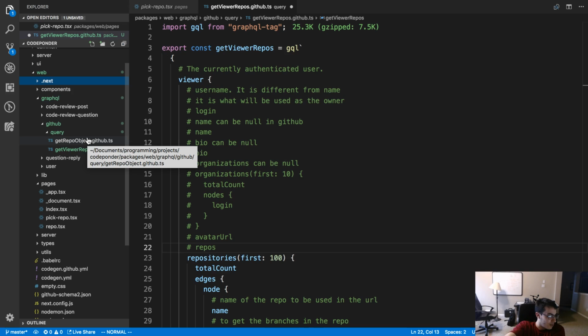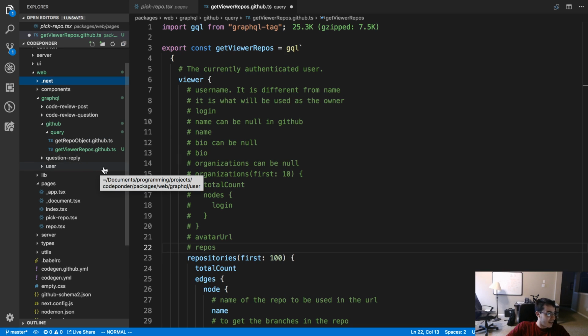I'll help you set up a Docker swarm if you want. I'm down. That sounds good. Hey Vic, are you working on Code Ponder still or something new? Yep, I'm working on Code Ponder today. And pretty much I'm going to be working on it for a little while longer.